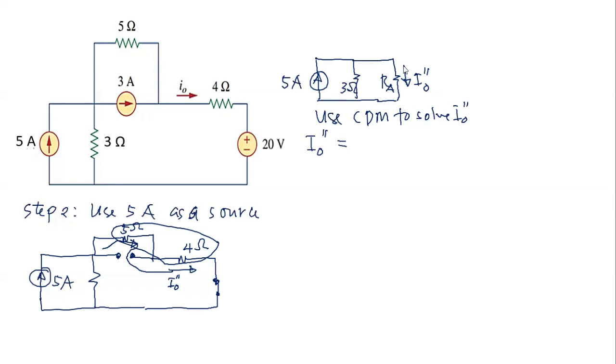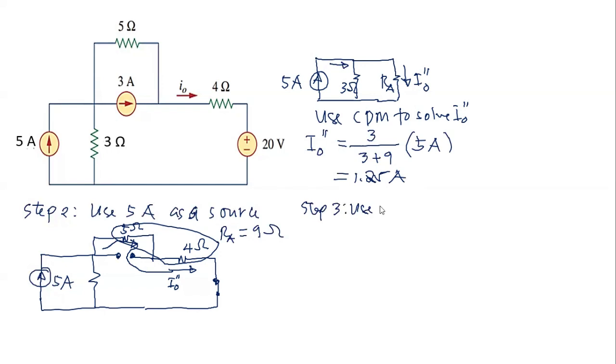So when we are solving for the current through RA, the numerator will be the resistance of the opposite branch, which is 3, divided by the sum of the resistances of the 2 branches, 3 plus, how much is this RA? That's equal to 9 ohms. So you have 9 ohms times the input current, the current that flows through here is 5 amperes. So if you will compute it, that's equal to 1.25 amperes.